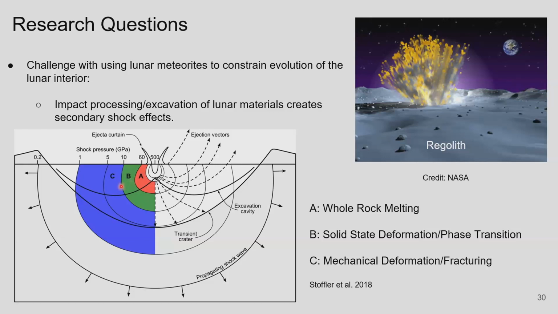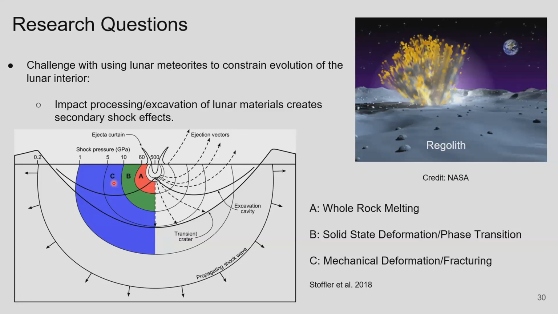And if you look at region C, where you're in probably the 5 to 10 gigapascals range in pressure, these rocks undergo mechanical deformation or fracture. So they just break. We form these fractures and the rocks break. So these secondary shock effects are present in a lot of lunar meteorites because they had to have been excavated